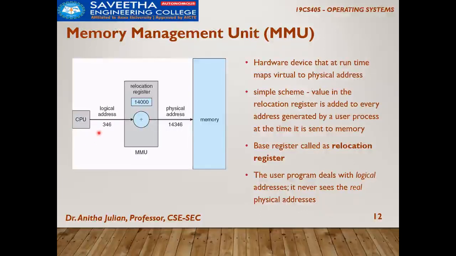When the CPU is bringing it, it has to go and occupy different slots in the memory. So in order to ensure that no two processes go and clash with each other, we are using a relocation register. That is the role of the relocation register, and it is a hardware device, something like a calculator which is sitting here. It will have a register which will keep on incrementing depending on the logical address that is being brought. So this is a very simple scheme, and this is added to every address as we saw. So the base register is called the relocation register.